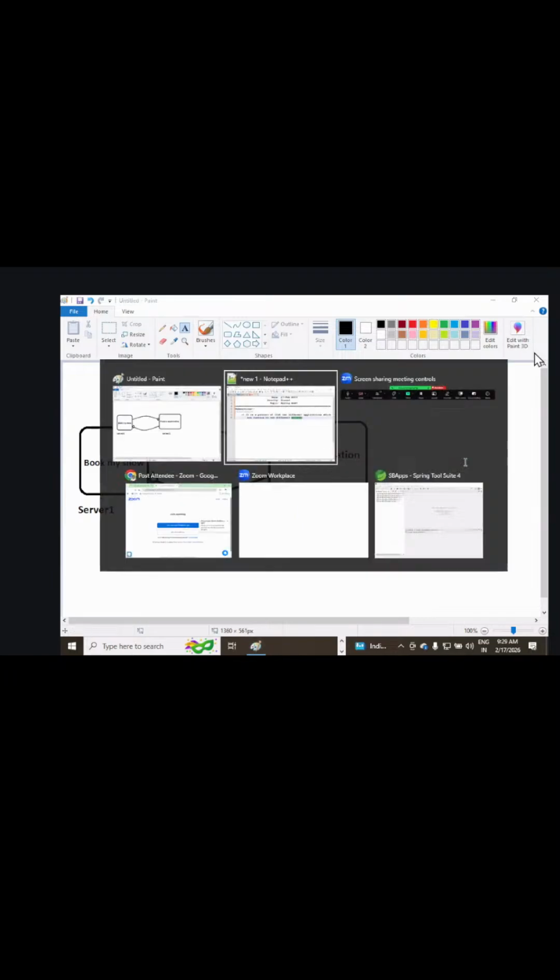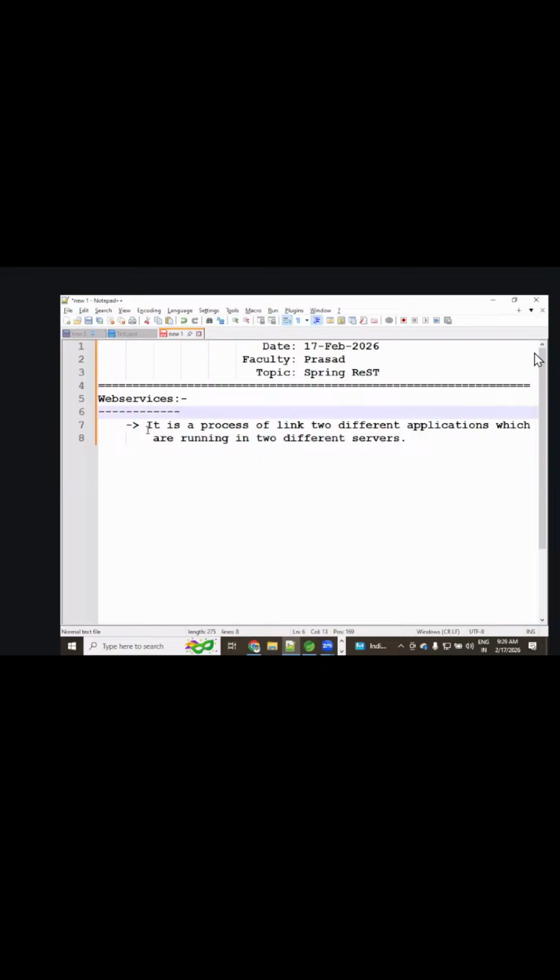Coming to the point, what do you mean by web services? It is a process of linking two different applications which are running on two different servers. Getting my point? Clear? Okay. Next one.